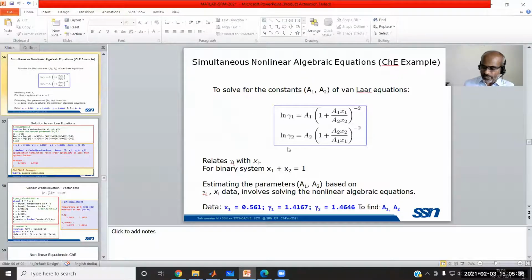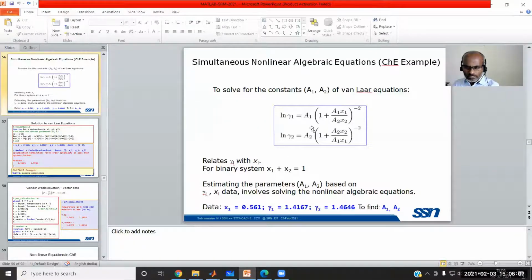Now a nice usage of nonlinear equation solving is in finding the parameters of the Van Laar equations. In thermodynamics, people of third and final year can easily understand this. Say to find the value of these parameters of the Van Laar equation, A1 and A2, for the given values of xi and gamma i, you can solve for Ai.